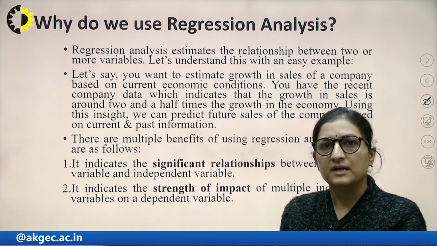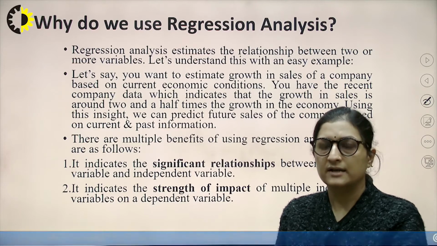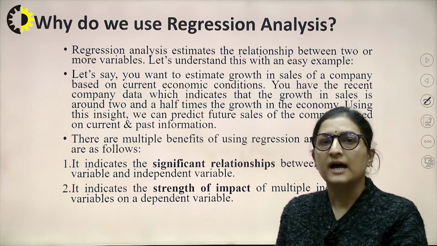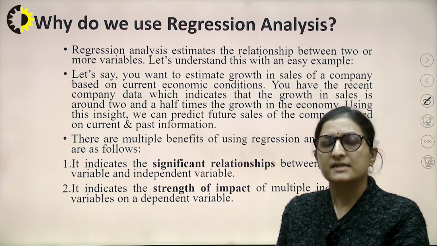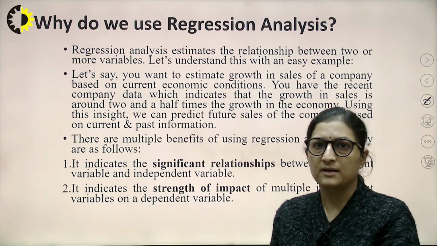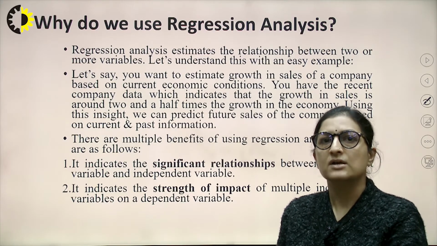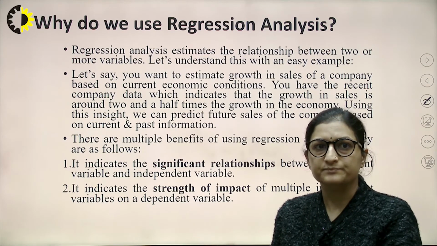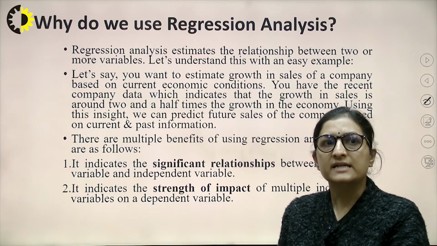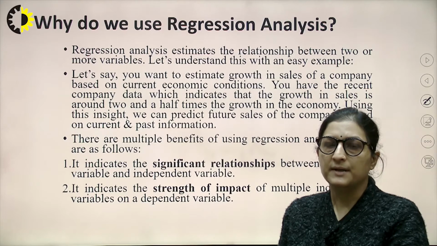Okay, the independent variables are the variables which are not dependent on other things and stand true as a fact, and the dependent variable is the variable that we want to calculate from the independent variable, with the kind of relationship the dependent variable has on the independent variable. Okay, so it indicates the significant relationships between dependent and independent variables.